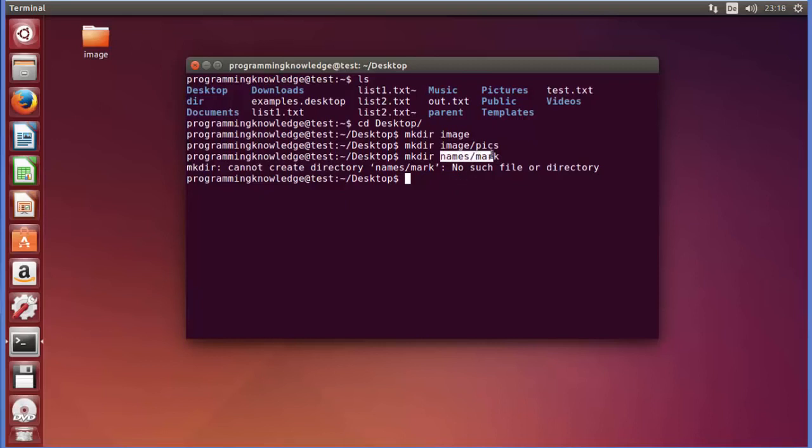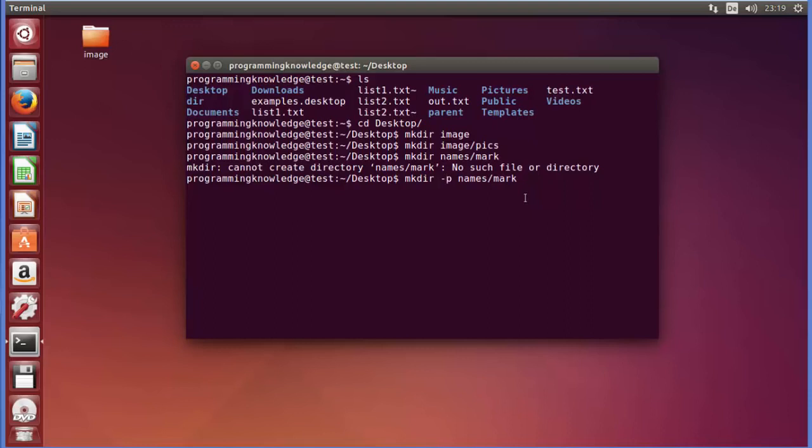So in order to create the directory structure, you need to add this flag to your mkdir command, which is -p. Okay, and this flag you can use to create a directory structure. Okay, so this flag can be given in two ways. This is the short version of giving this flag, and if you want to know the full version, you can just give 2 dashes, and then you can just give parents here. Okay, so the flag name is parents. Okay, and if you give this command, it's going to create a directory for you, and a subdirectory for you which doesn't even exist. Okay, so I'm going to just give this short flag, which is -p, and